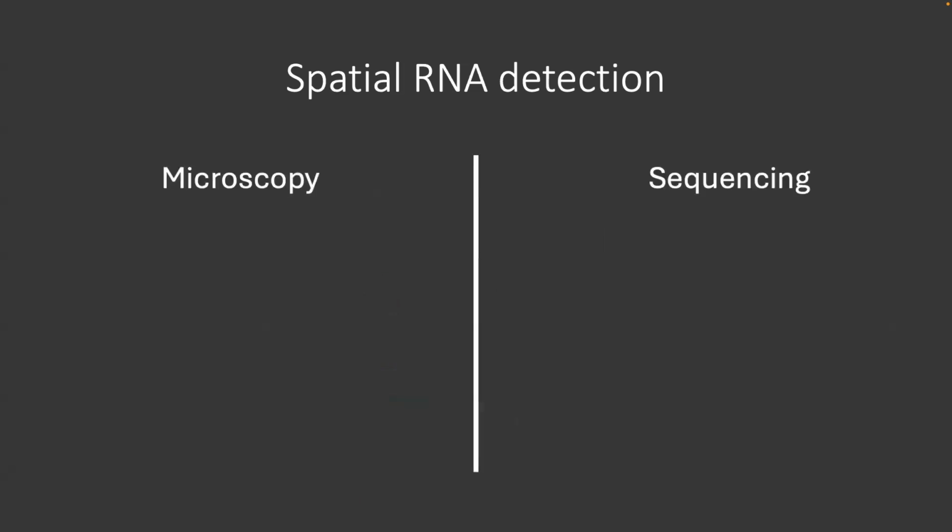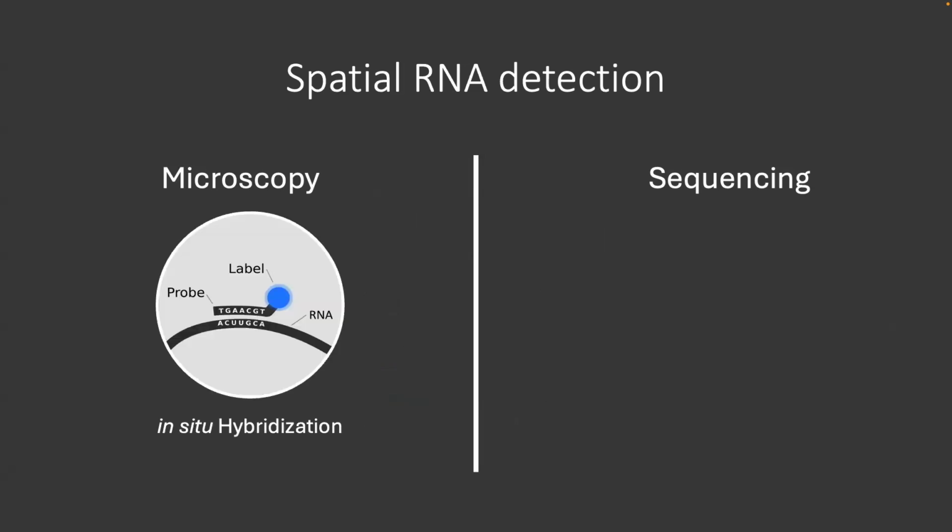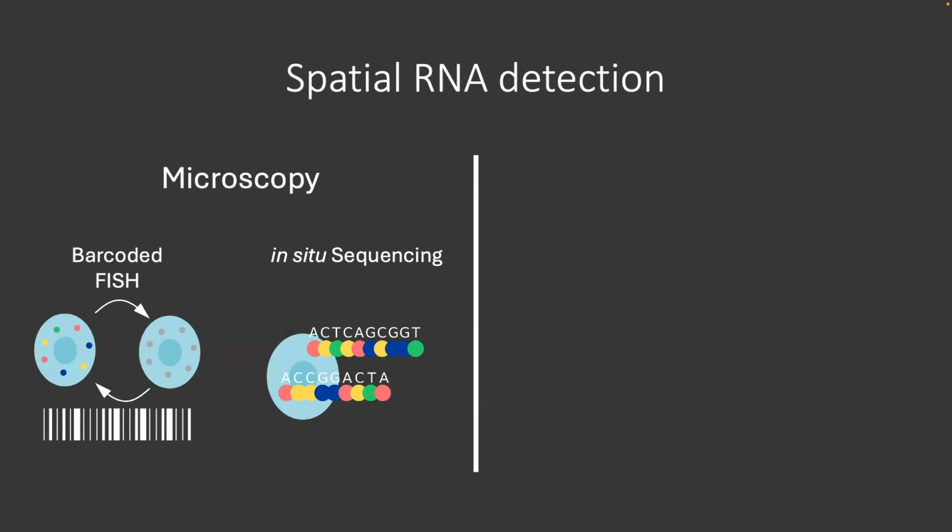The methods can be split into 2 major groups. The first group is based on microscopy, and the second group is based on sequencing, which is actually also microscopy, but then outsourced to Illumina, unless you're doing nanopore. The microscopy methods mostly use some sort of in situ hybridization method, where a probe is hybridized to a complementary sequence of RNA or cDNA. The microscopy methods fall apart in 2 subcategories. One is the barcoded FISH approaches that we will talk about, and the next one is the in situ sequencing